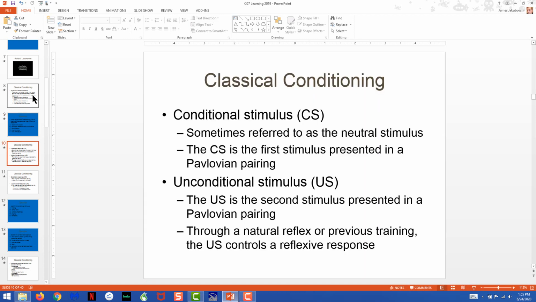Now, Pavlovian conditioning has a couple of cues that are always used: a conditional stimulus and an unconditional stimulus. The conditional stimulus is always the first cue in the pair, and the unconditional stimulus is always the second cue in the pair. The conditional stimulus is the cue that you're going to be using to try to associate with the US, in which you're going to establish that an association is created.